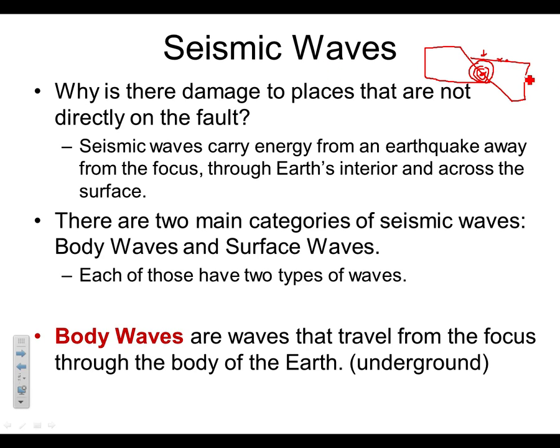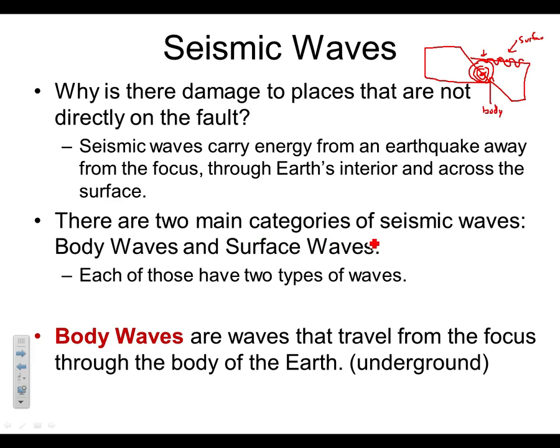And the reason is because that energy is carried by these seismic waves. And there's going to be two types of seismic waves. There's going to be waves that travel underground, like you see here in this little version. And then once those waves reach the surface, they're going to create waves along the surface. Those are surface waves, which we'll talk about second. And then we have our body waves down here, which is what we're going to start with as we talk about seismic waves. So the seismic waves are carrying the energy from the focus out to everywhere else.